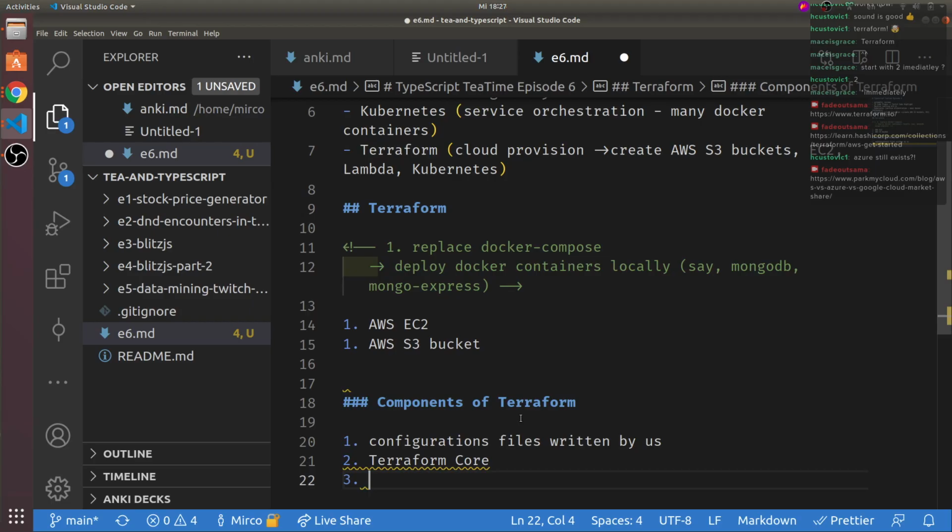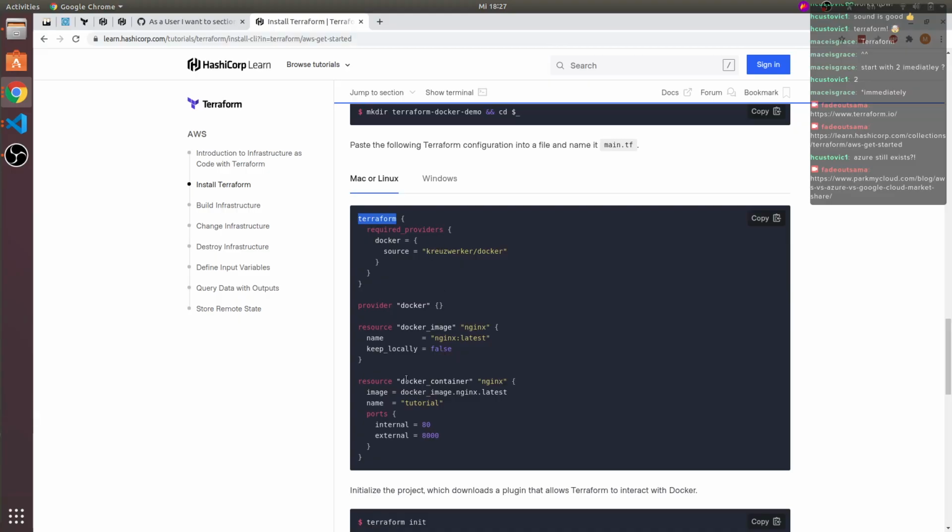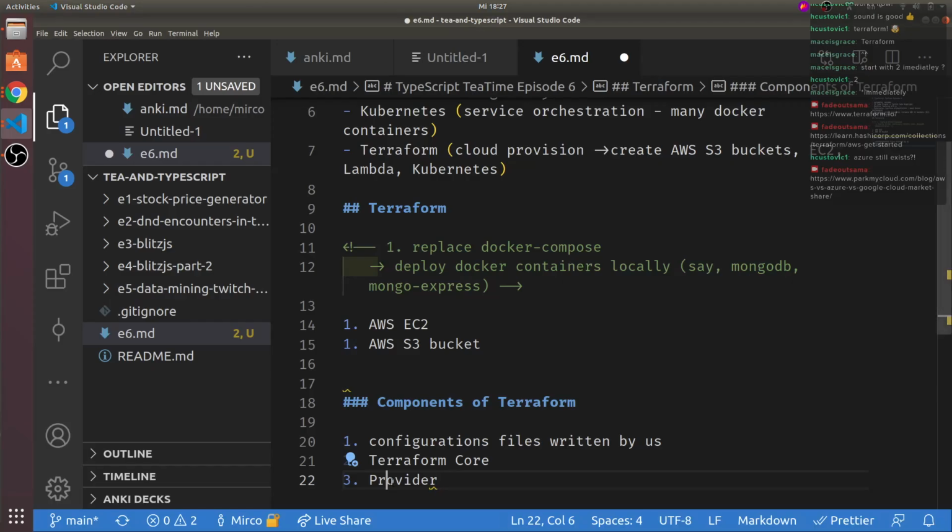And then there are Terraform providers, or I don't know whether they're called Terraform providers or just providers, which are essentially plugins that connect your configuration and the stuff that should be built to, for example, AWS.